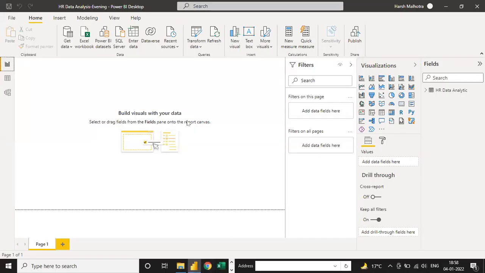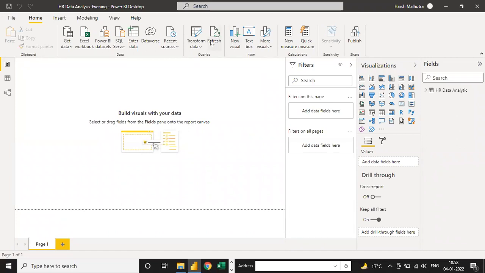Harsh, I loaded the data as you have shown till date, and for the visual creation, we have not created anything yesterday, isn't it? No, only for data loading yesterday. Okay, because one by one we are going to step. So total of 7 steps, which I already told you yesterday.